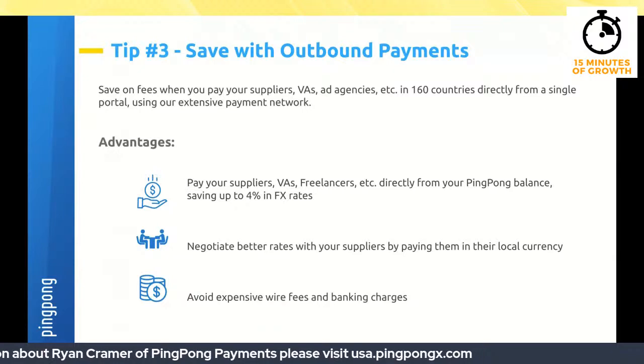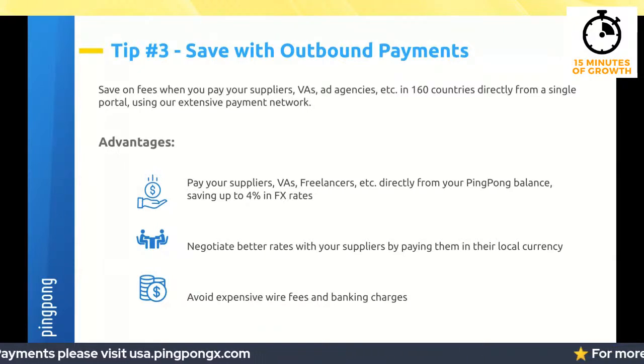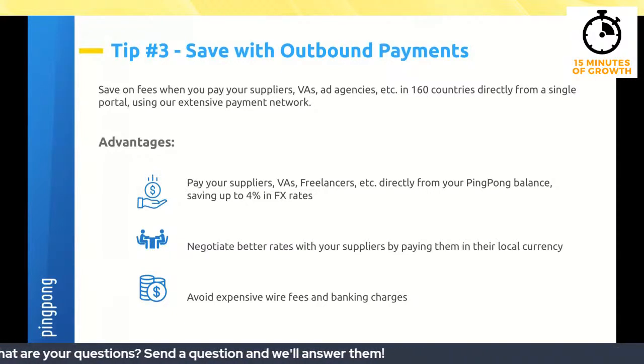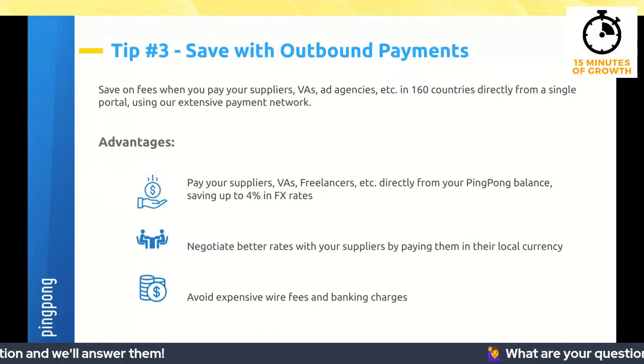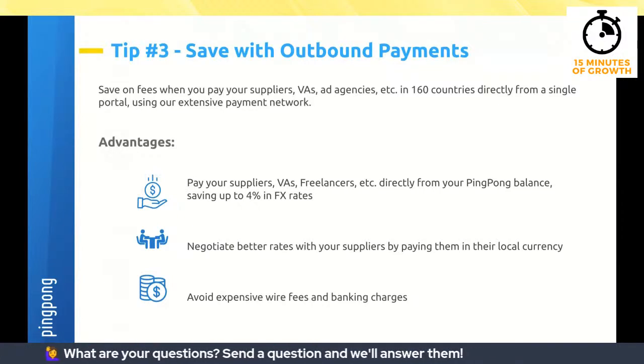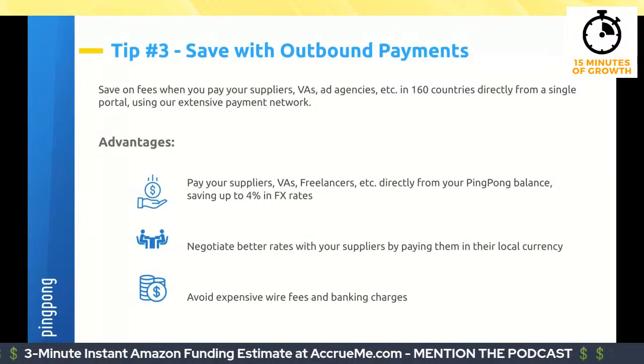You don't know if that money is going to make it there. What if you had a number that was written down incorrectly? What if you have all these different things? It's a very heart-inducing moment as a seller. What we do is we actually talk to those. We have a lot of partnerships with manufacturers overseas, and we allow you to save money when you send overseas. Now, you might think that you guys are saving a bunch of money, but more often than not,